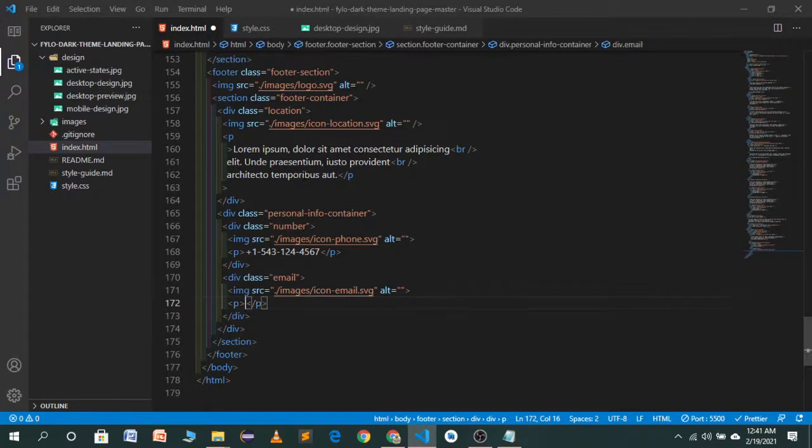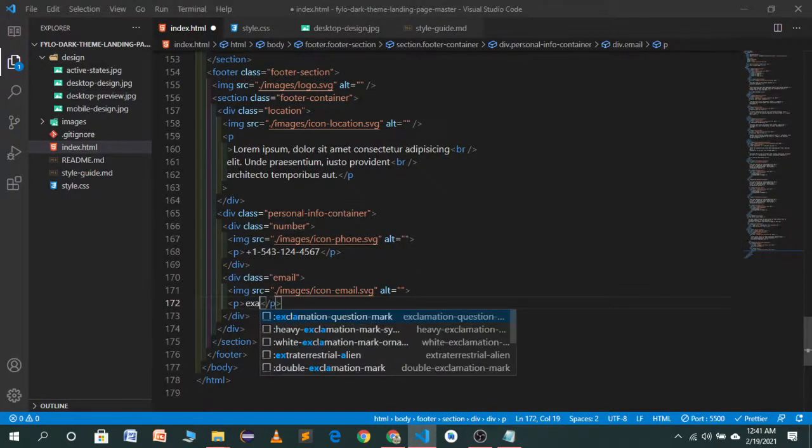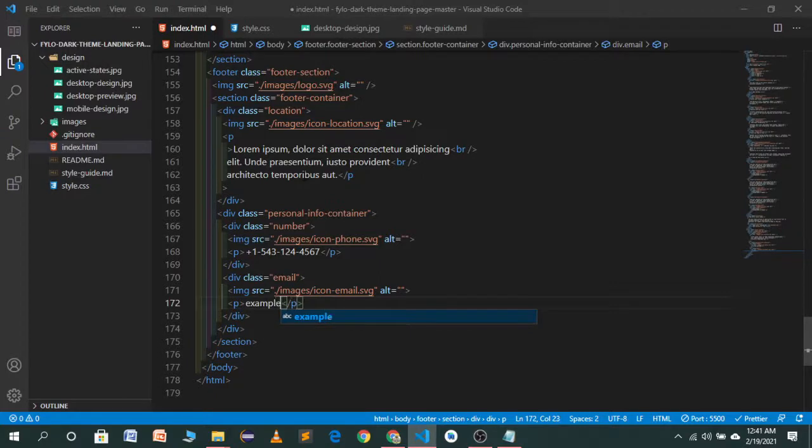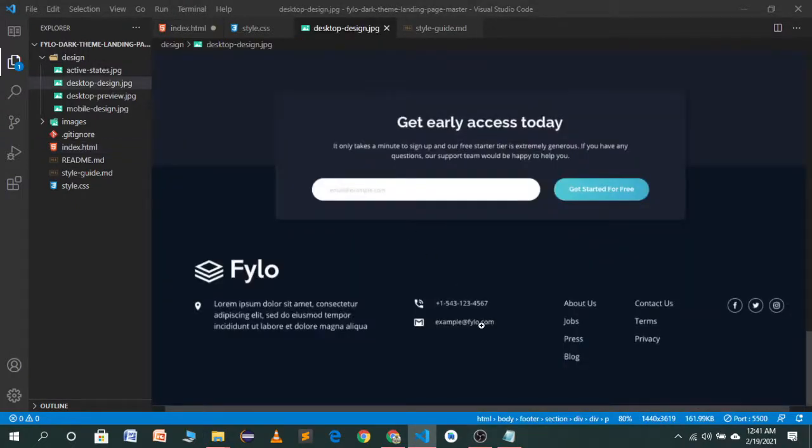So as you will see, the second part is completed. Now we want this menu.